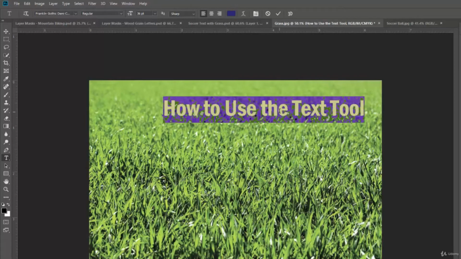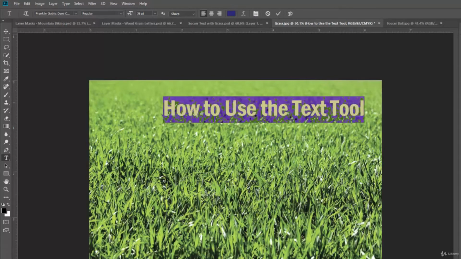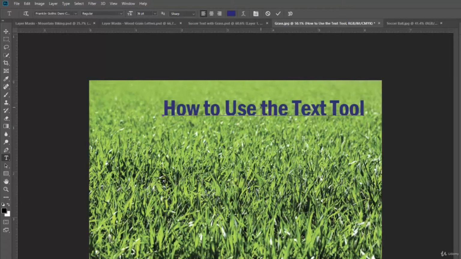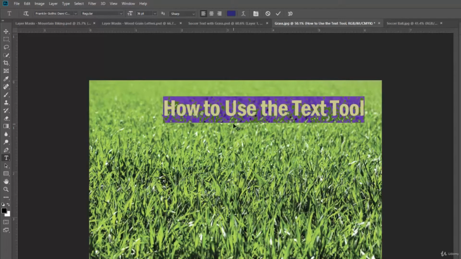You can do it by clicking and dragging. You can do it by double clicking for one word, triple clicking for everything, or you can click into here and right click and say select all to select all of your text,